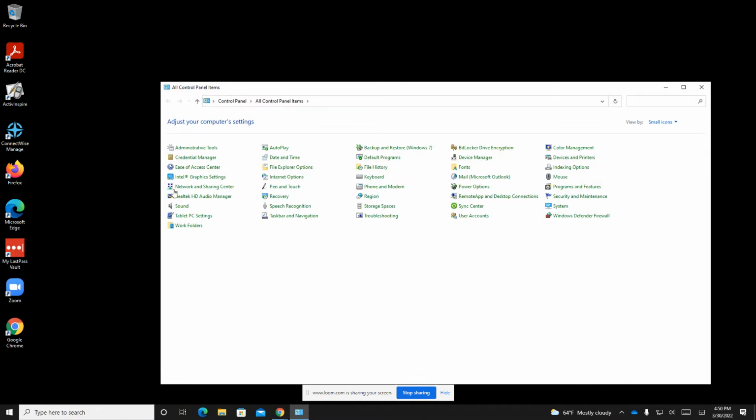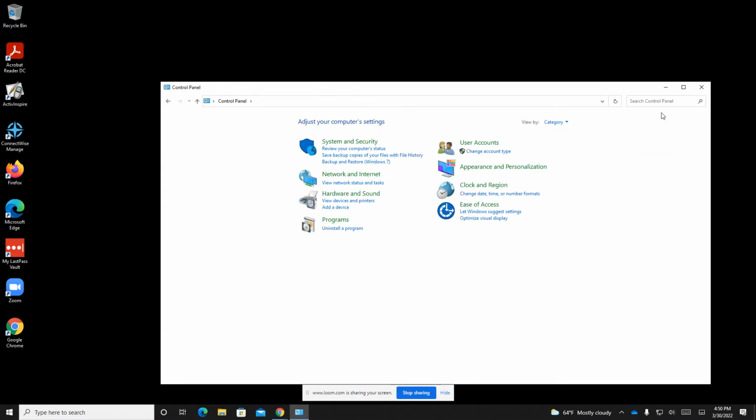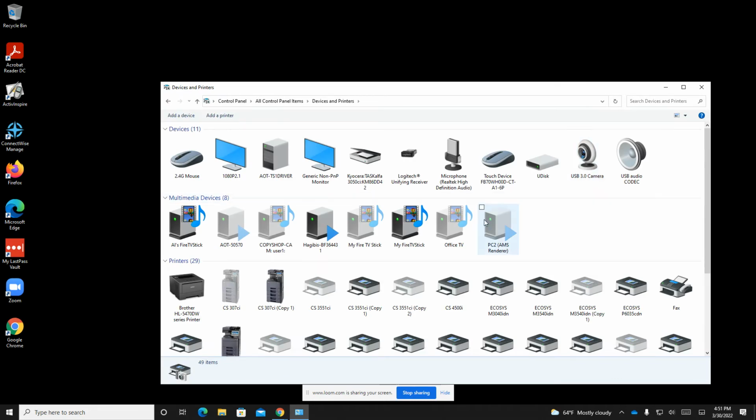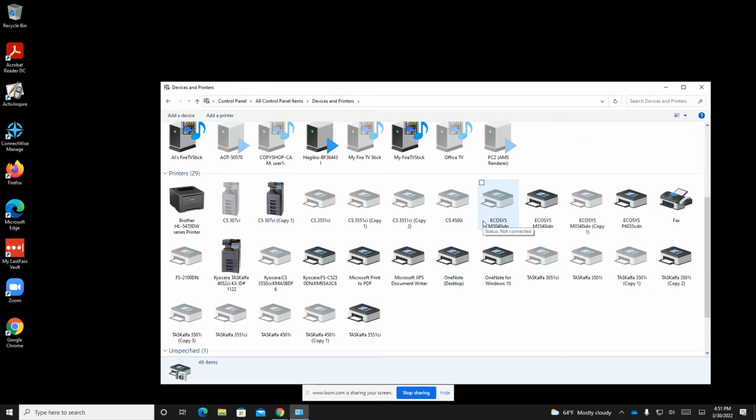And what we're looking for in this list, by default, it's going to show up like that, but you can use the little drop down by View By, and then small icons. And the one we're looking for is going to be Devices and Printers, or Printers and Devices. And they're never as easy to find as you would think they would be, but here they are, Devices and Printers. So you want to left click on that